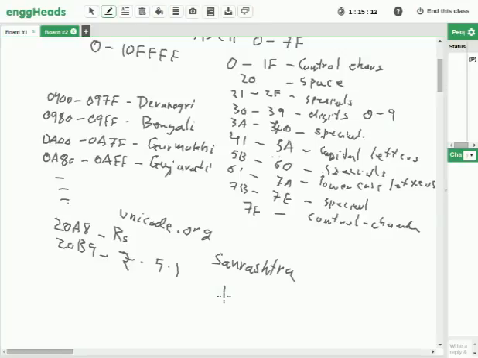The script from which all the Indian scripts have been derived, the root of all the Indian scripts, is known as the Brahmi script. Even this was added, just after 5.1. And there is another one which is used in a lot of Jain scriptures; you'll find them in a script called